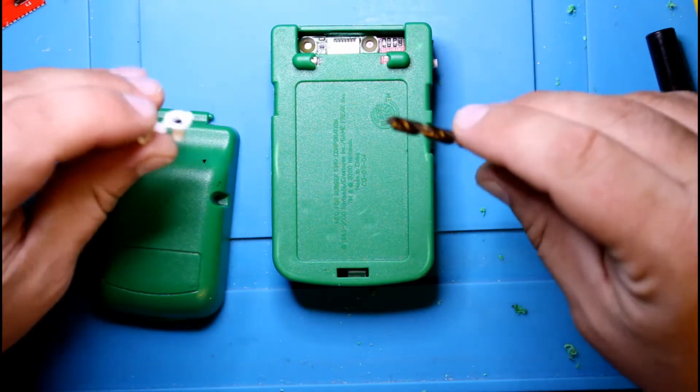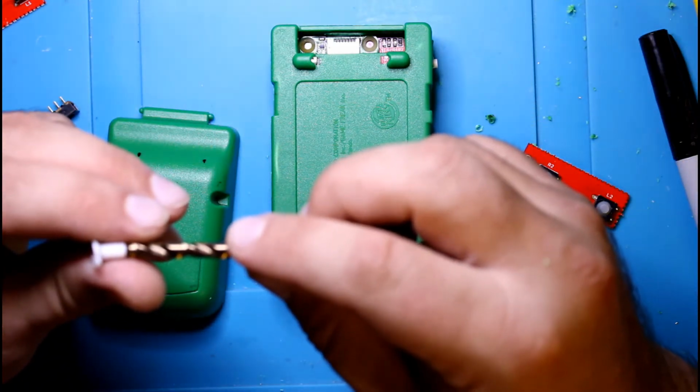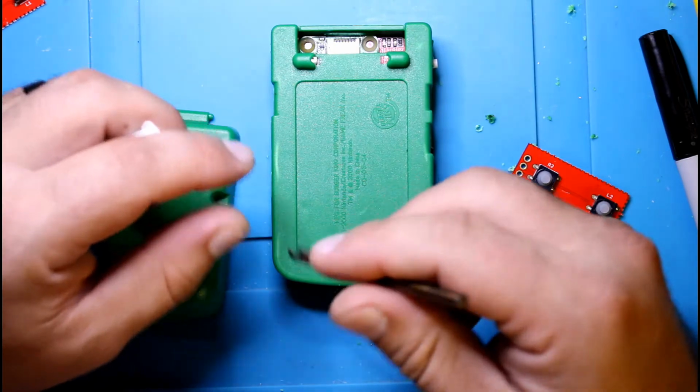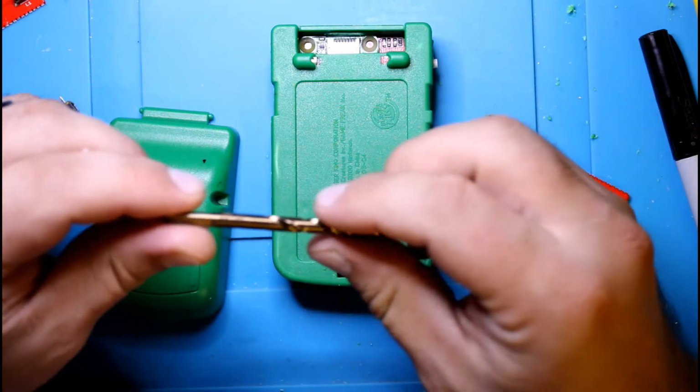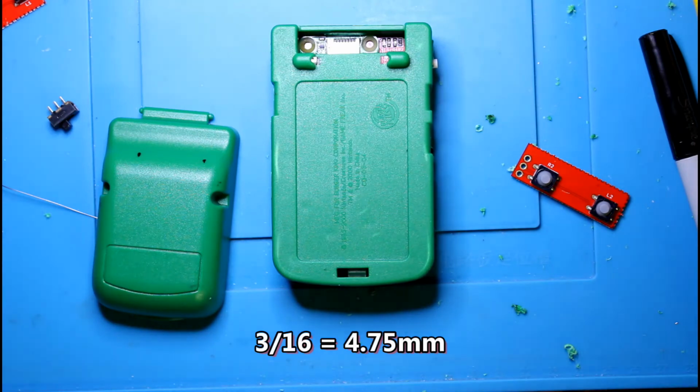Okay, so the drill bit that I found that seems to work is a good size. It gives it a little bit of clearance so the button's not going to get jammed up on the plastic. It is a 3/16. Metric people, I'll have